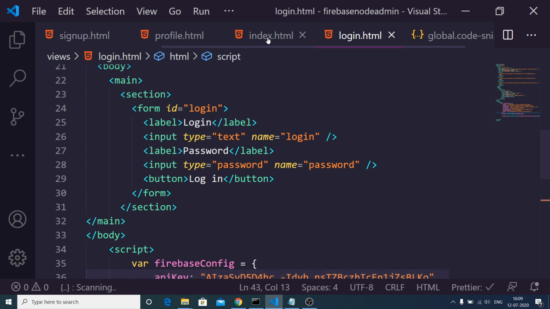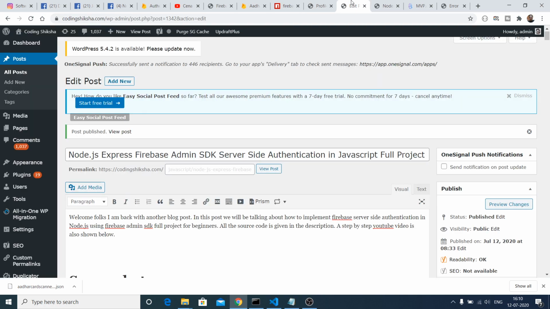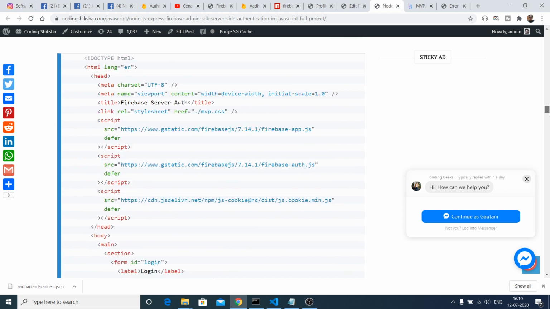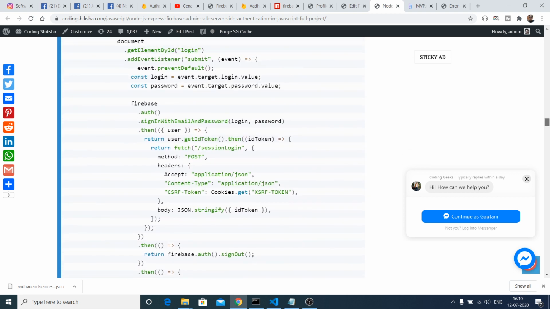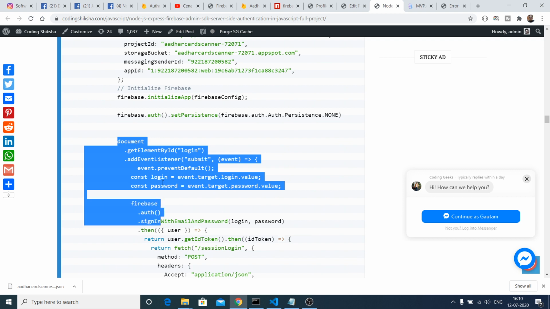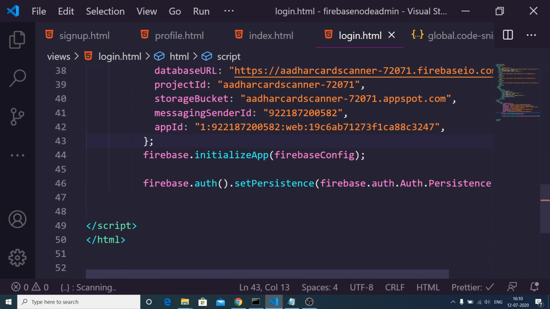What we need to do is repeat the same process which we have done for the sign up process, but this time we are logging in the user. So I can just copy paste the code here, because this video will go very long if I type the same code. If I go to the blog here, this is the login page, you can see that, and from here we need to copy it. So we are doing the same thing here. If I just copy paste it here,